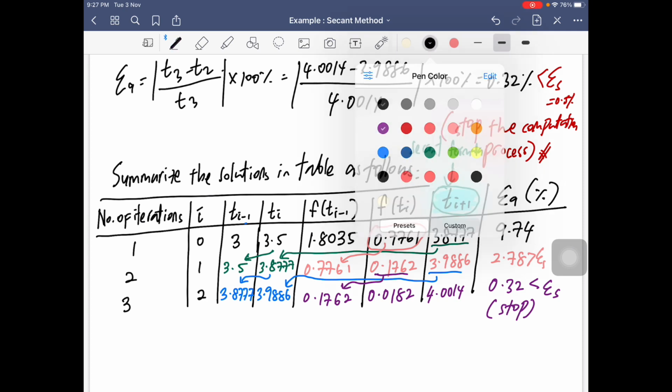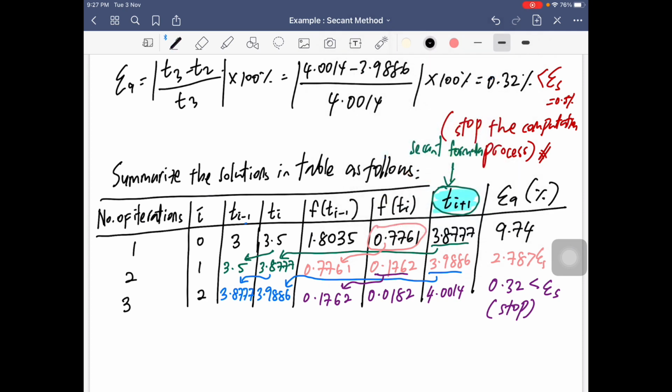Okay, so as I mentioned, you need to conclude your solution, because from this table you must tell your examiner what is actually your answer, what are your roots, your approximated roots. Okay, so make a conclusion. Therefore, after 3 iterations,